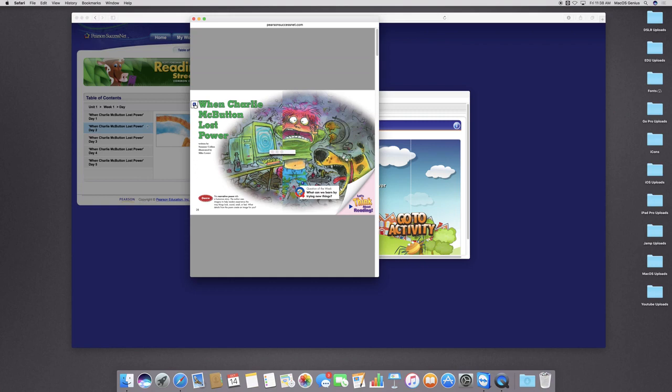When Charlie McButton Lost Power. Written by Suzanne Collins. When Charlie McButton